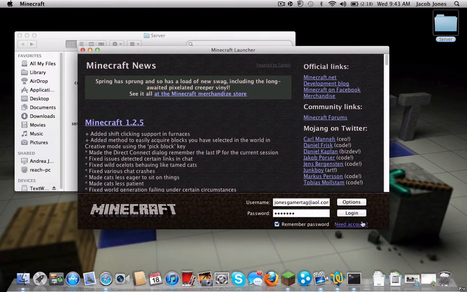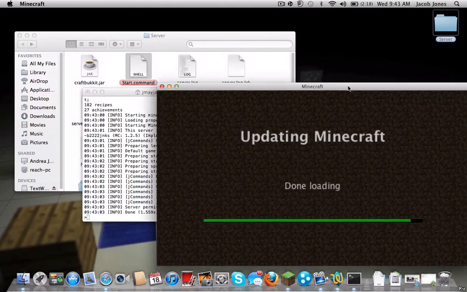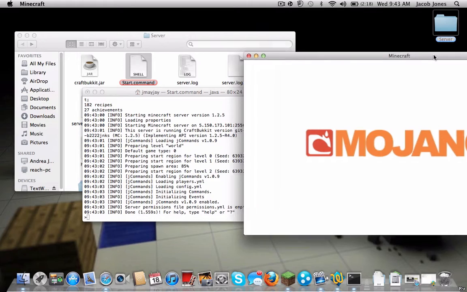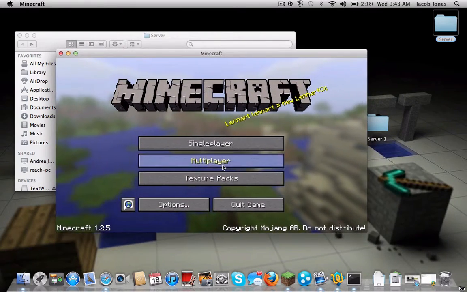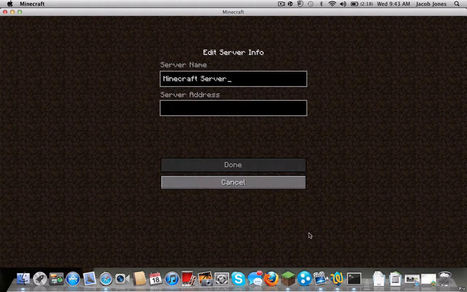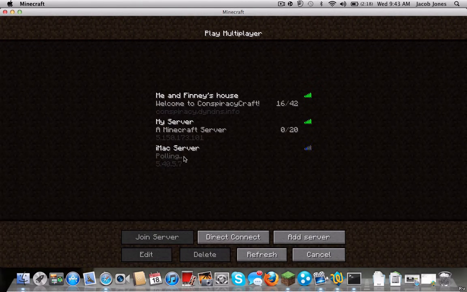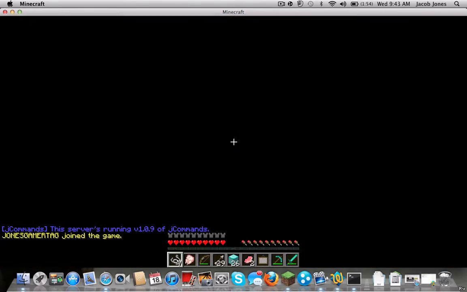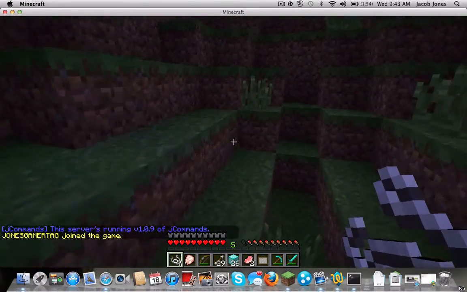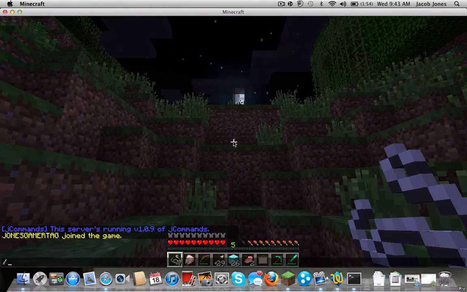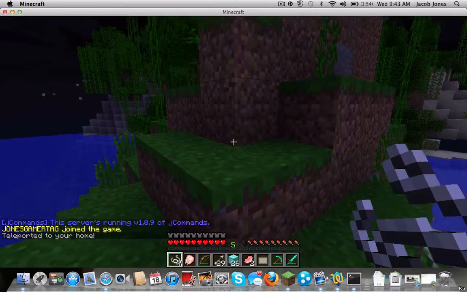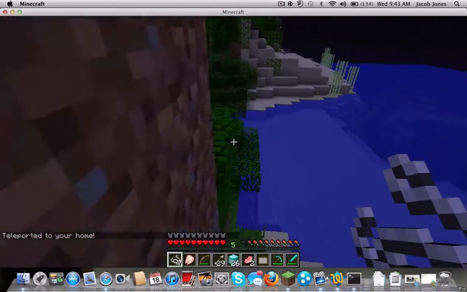It takes a while for the start.command to open up, but I'll show you what you need to do. Okay, look, it's done. You need to go to multiplayer and click add server. You'll name it whatever you want, and put in the server IP. I don't know any of them, so you just put in the server address, and it'll have green bars if it worked. I'll go to my server on this, and see, it totally works. And say home. I already set a home. I don't really have a house yet, but